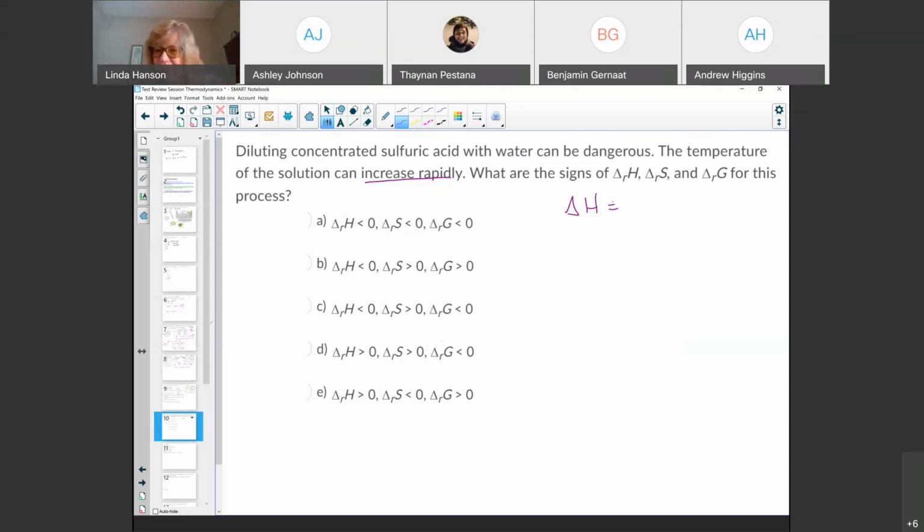And this really goes back to last chapter too, doesn't it? An exothermic process is heat releasing, that as the solution is forming, heat is being expelled from the system, and that's why the thermometer is going up. If the thermometer goes down, heat is going into the system. That's endothermic. So this is a really good question to review.